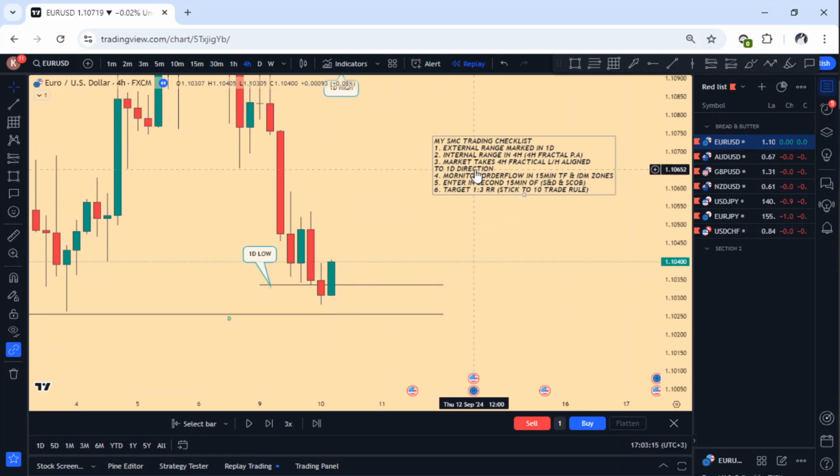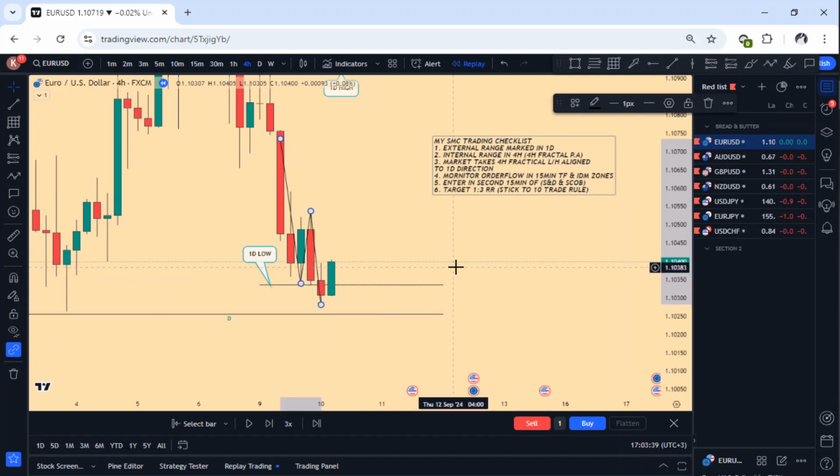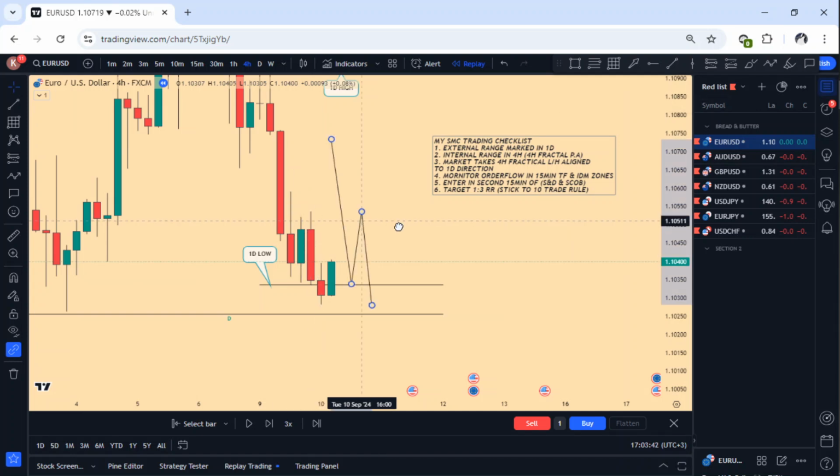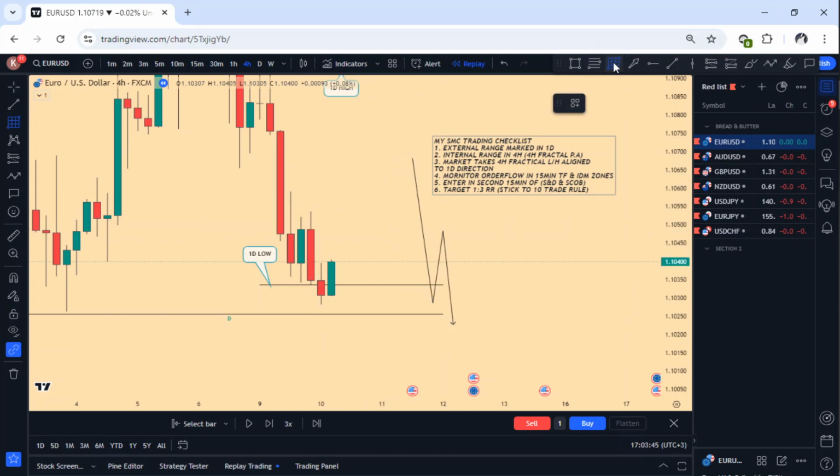So I now need to mark my fractal highs and lows. So check what movement the price caused. The price moved downwards, then pulled backward. If you know how to mark proper pullback, you should be seeing that this high was taken here. That means that was a valid pullback, and now the market is back to bearish. So this is our 4 hours fractals levels. Anything that is happening here is 4 hours pullback. That means that the market is already